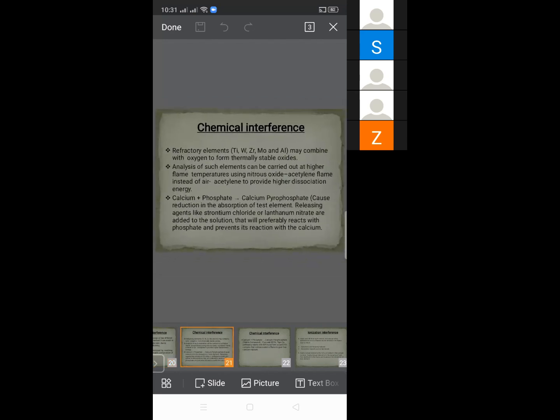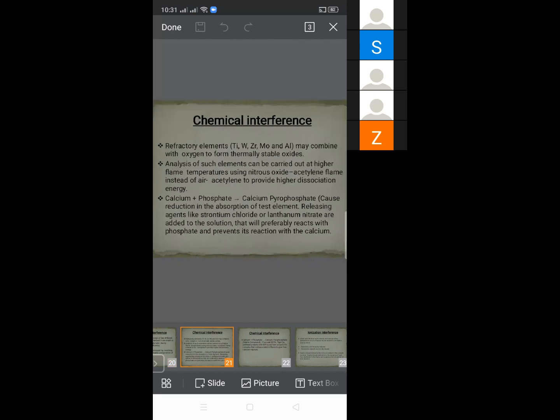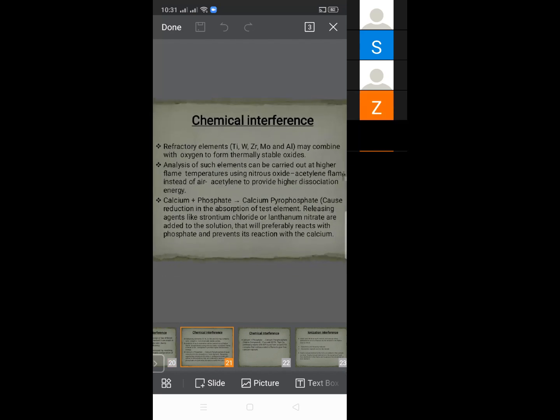Chemical interference is also termed refractory compound formation interference. This type of interference occurs when refractory elements combine with oxygen to form a thermally stable oxide. These oxides cannot be decomposed by low temperature flames. So analysis of such elements can be carried out at high temperature flames such as the nitrous oxide acetylene flame